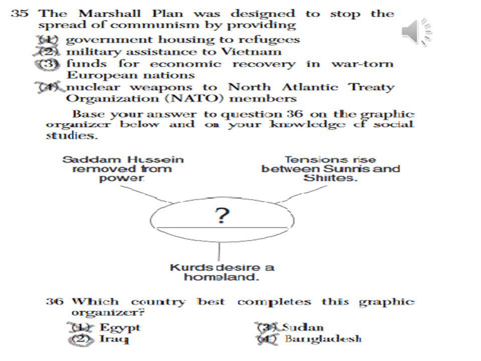The second point says that tensions rise between Sunnis and Shiites, which are different groups in Islam. And Kurds, a different ethnic group in Iraq. Kurds are not just located in Iraq. There are Kurds in Syria, in Turkey, in many places, but the